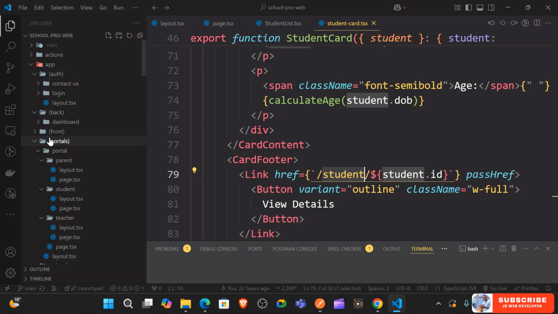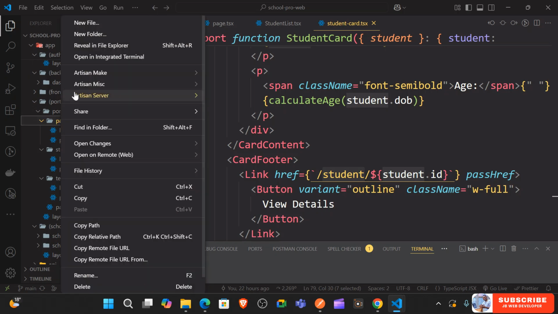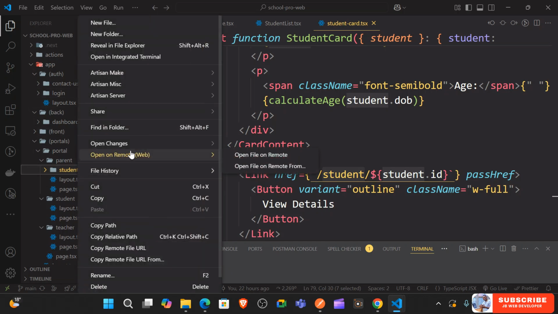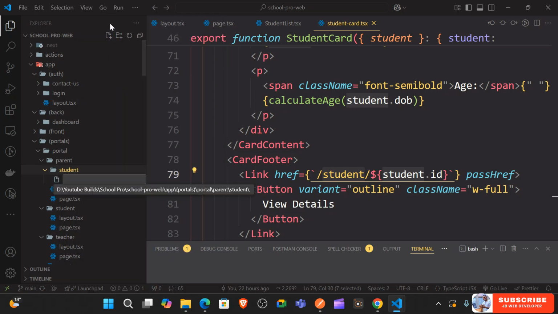So here I'm just going to go under the parent, and now under parent I'm just going to create a new page. It's going to be called student, and then inside the student we'll create a dynamic ID as you are seeing it here. So I will create another, so this time you can just create a file, and you can start by creating ID, just like this ID, and then inside the ID we can put